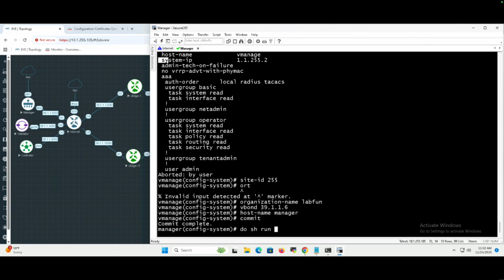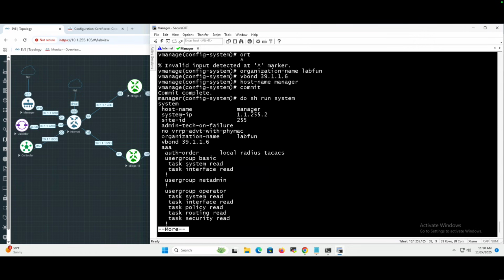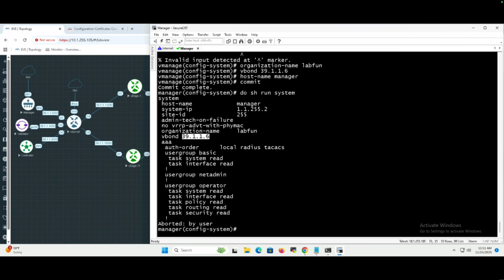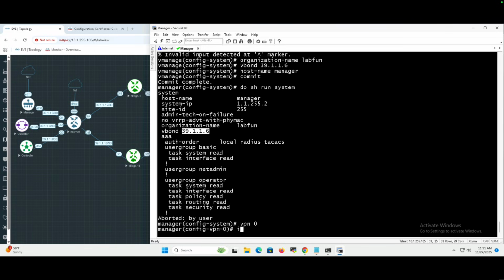So do show run system. So I have the host name, I have the site IP, I've got the site ID, I have the organizational name, and I have the vbond. So that's all I need under system. So the next thing I need to do is enter VPN 0. I'm going to go ahead and do ip route. We'll put a static default route in here for